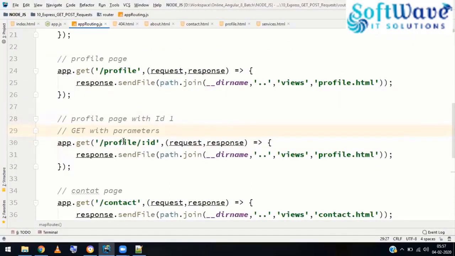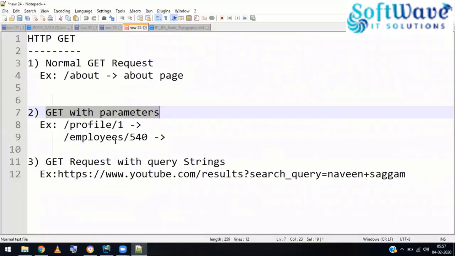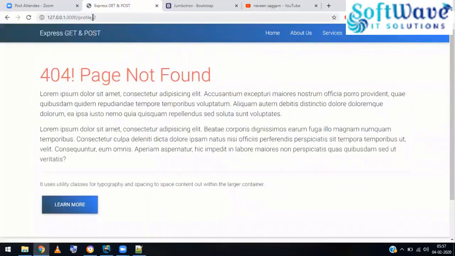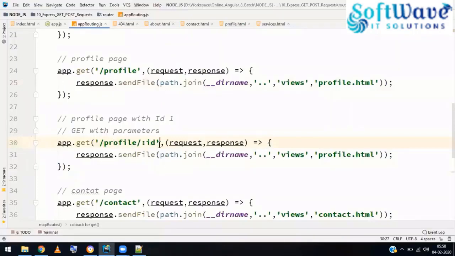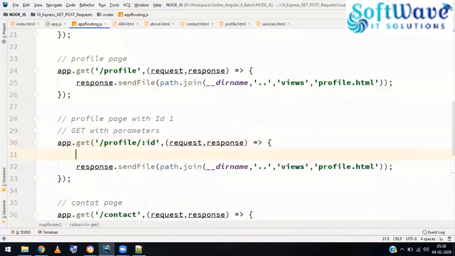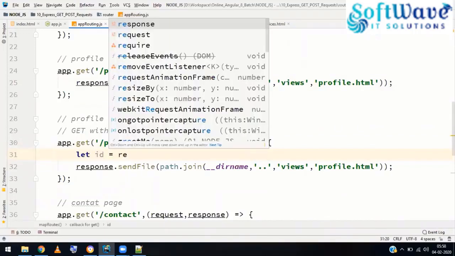Okay, so slash profile slash id. For profile I've got a profile page, so profile slash id. How to catch this particular id at the server is, see, whatever data you're requesting from the URL you're going to get from the request object. So how to get this parameter is, let id is equal to request object dot